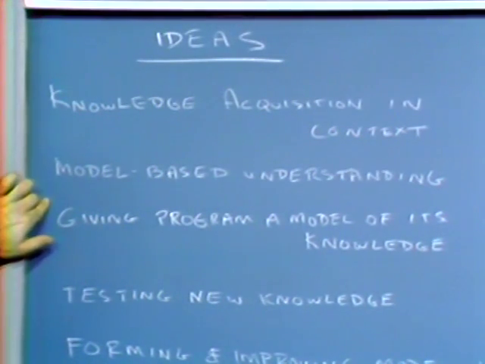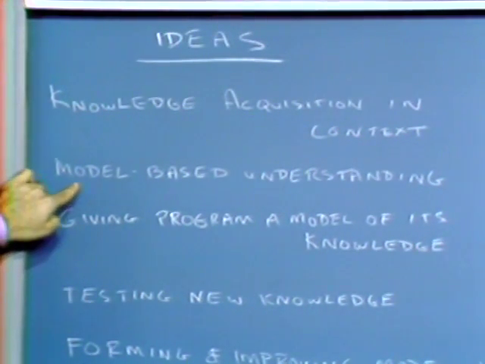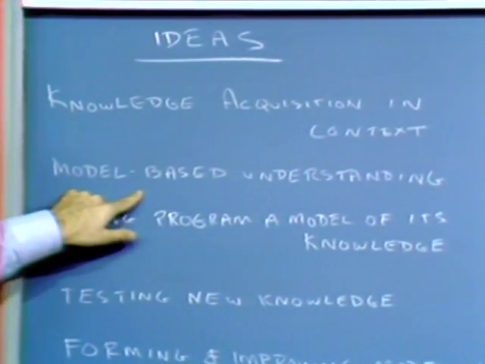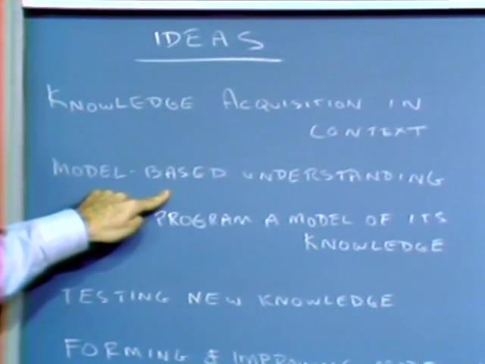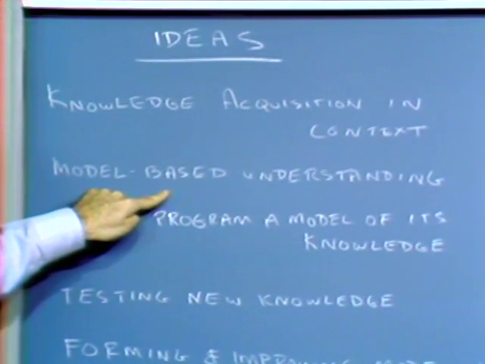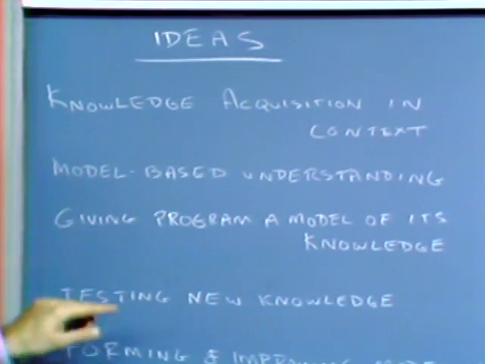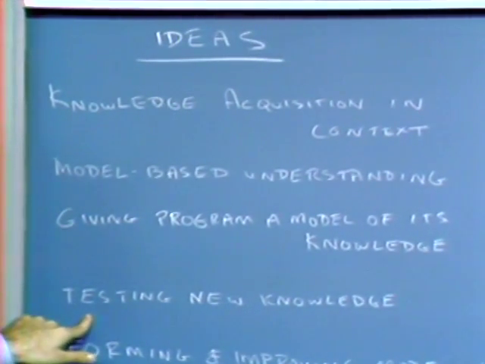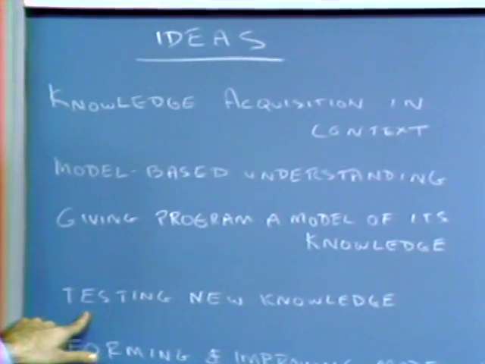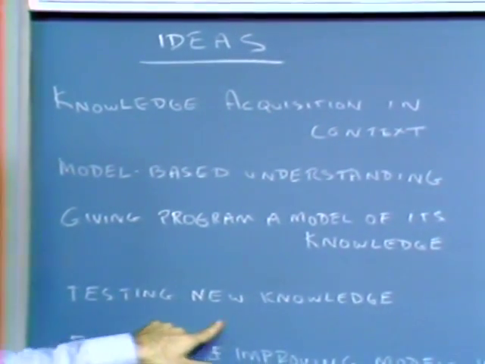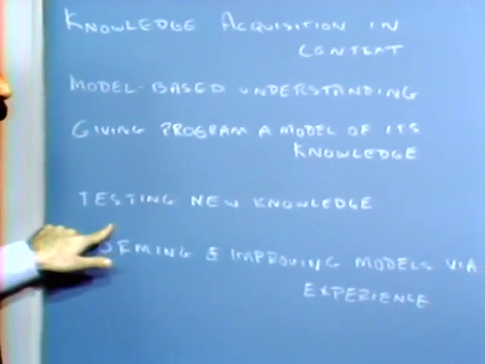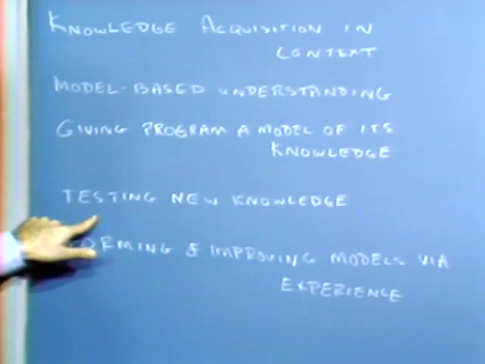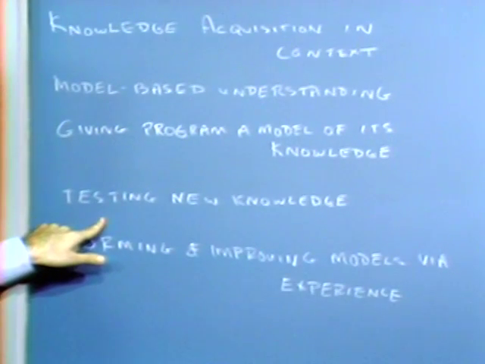And it uses that knowledge, the rule models in particular, in what we call model-based understanding. It tries to match what it sees in the new rule against what it expected to see as a result of having that rule model. Fourth, we have this notion of testing new knowledge. That is, we want to test the new knowledge to see how it fits in to the existing knowledge base. This is what gave TEIRESIAS the ability, in effect, to second guess the expert, to say, aha, does this piece of new knowledge look like what I expected to find?